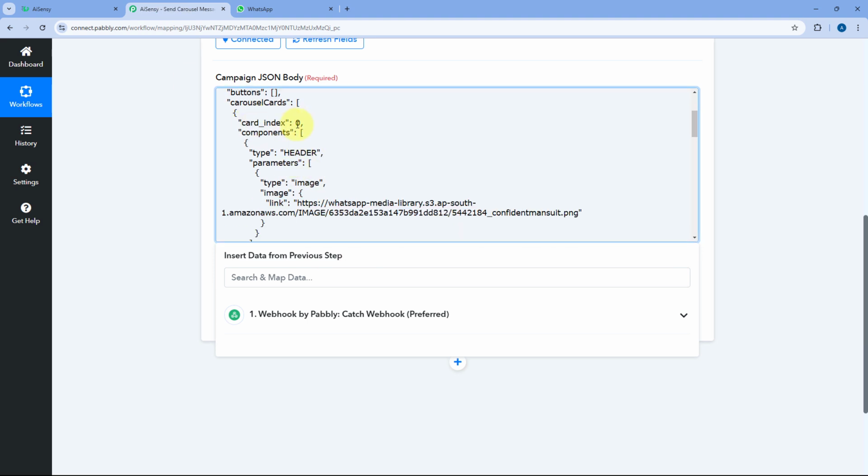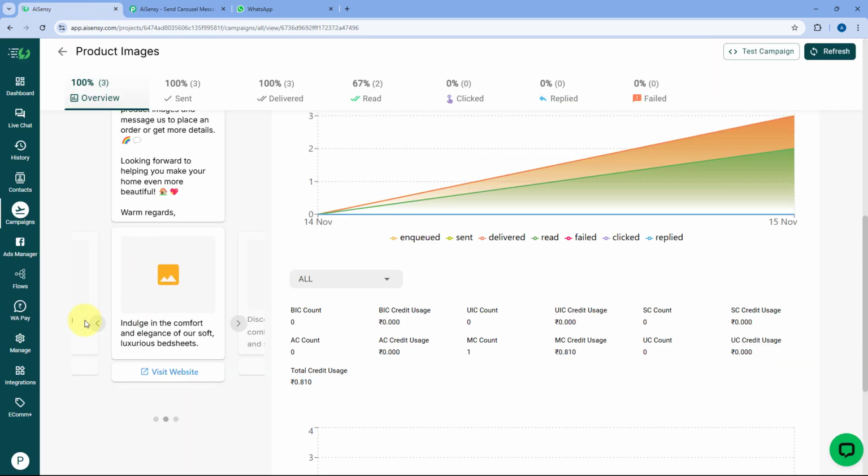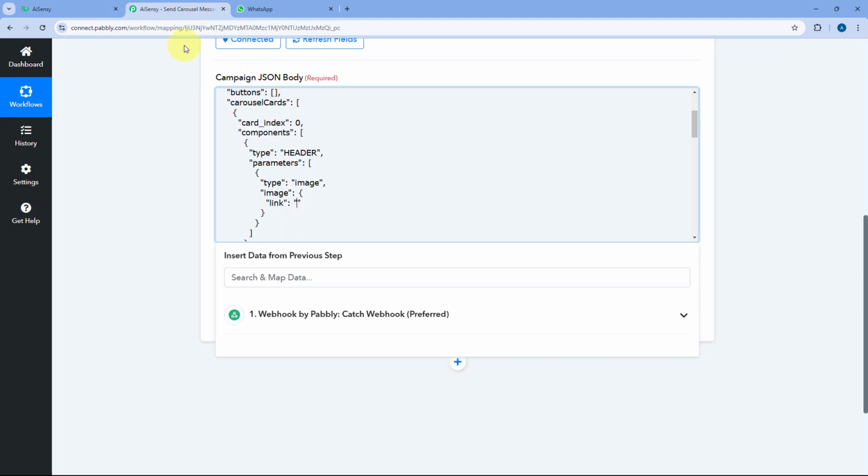So here you can see we have the card index 0. This is our first card, starting the index from 0. And here under this, in link, we have to enter the URL of the image which we want to add in card 1. So in this template message, the first card which we have is of curtains. So let me just enter the URL, the link of an image of curtains,